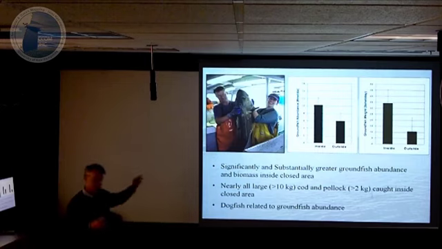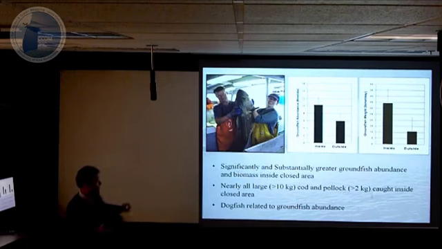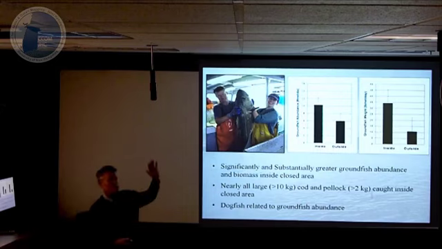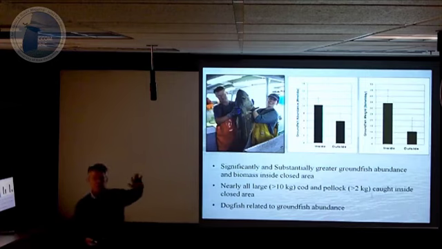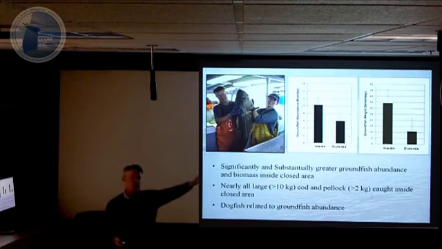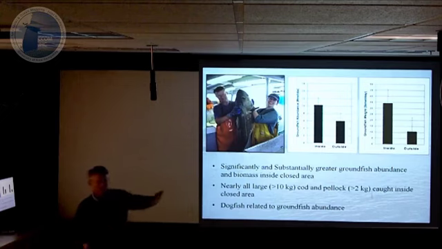We haven't yet published the gillnet part, but it certainly correlated very well with seafloor recovery, which favored the fish. But there's still a lot of questions. And then the big thing that came out of it too was dogfish related to groundfish, a very negative correlation. If you know the fishing, the dogfish, a shark, the fishermen hate them. They kill as many as they can that come in nets, because they'll just fill up a net. And we caught a lot of dogfish. We caught a few cod, and they're competitors, so nothing